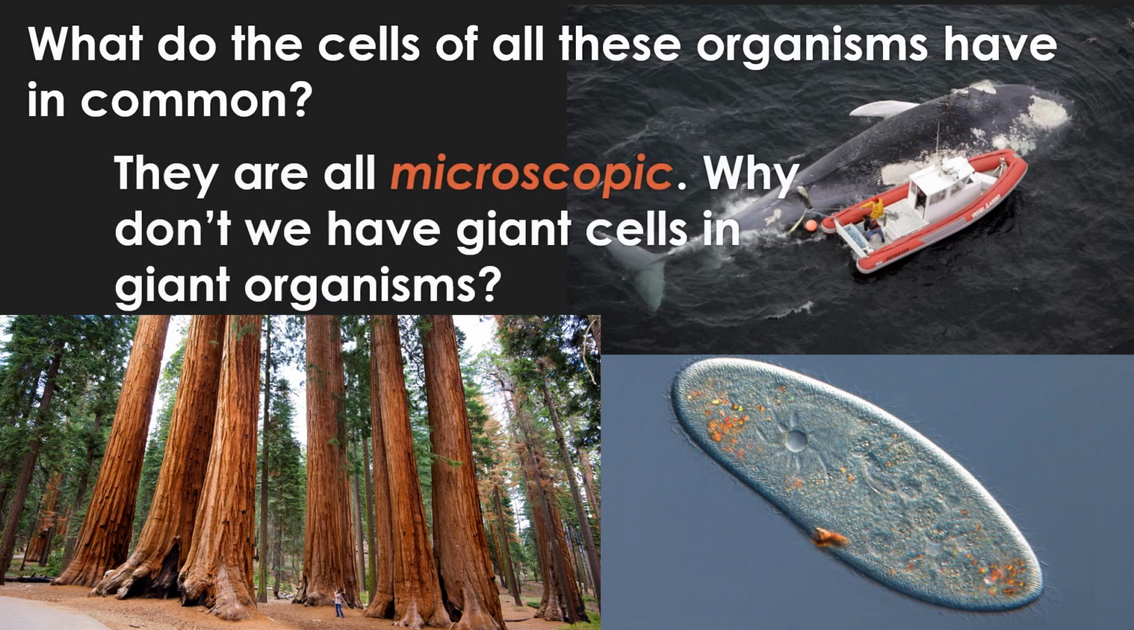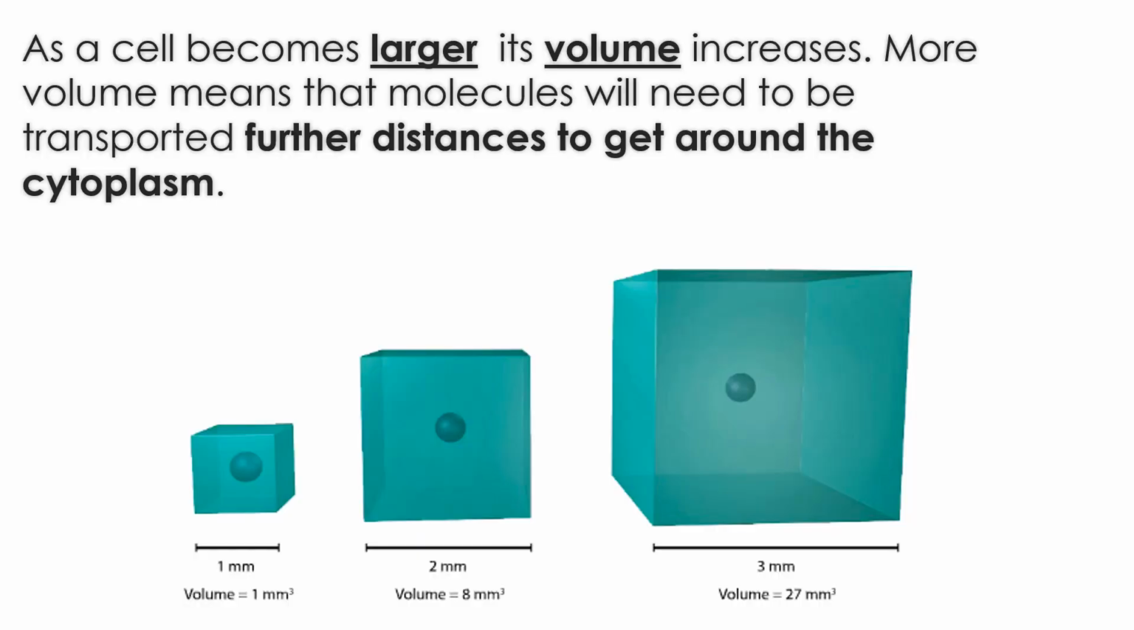Okay, so what do the cells of all these organisms have in common? They're all microscopic. So even gigantic organisms still have tiny, tiny little cells. And the reason for that has to do with that efficiency of exchanging energy and materials. Now, mathematically, we can see this. As a cell becomes larger and larger, its volume increases. Okay, so remember, volume is measured in cubic millimeters, cubic centimeters, which corresponds to milliliters and liters. Okay, but